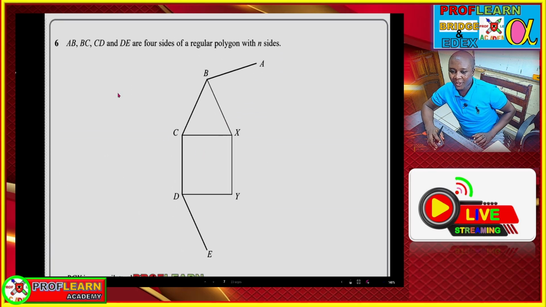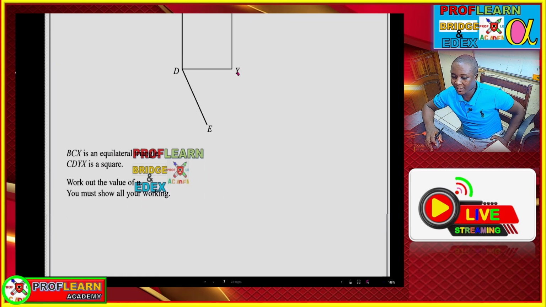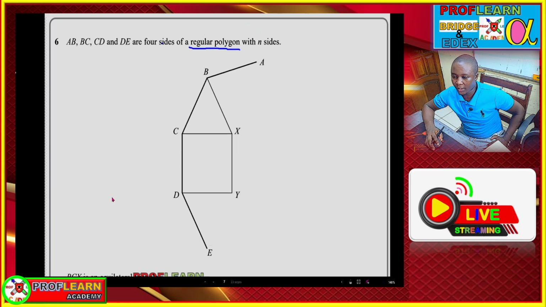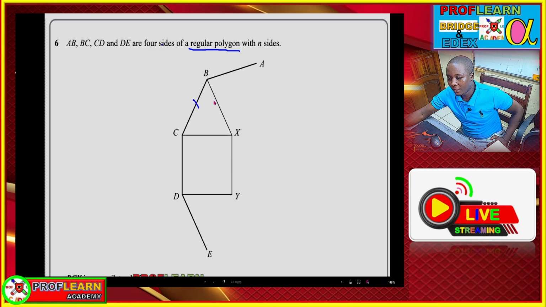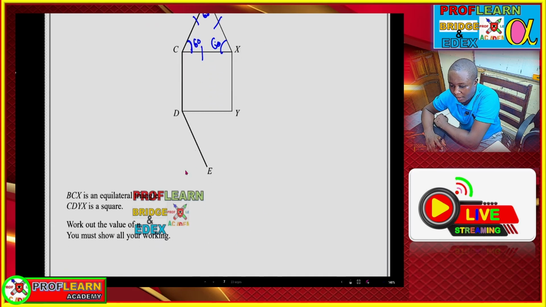Wow, we have question 6. We are told that AB, BC, CD, DE are 4 sides of a regular polygon, with n sides. BCX is an equilateral triangle, meaning this is 60, this is 60, and also this is 60, because equilateral triangles have all the sides equal. Then further you are told